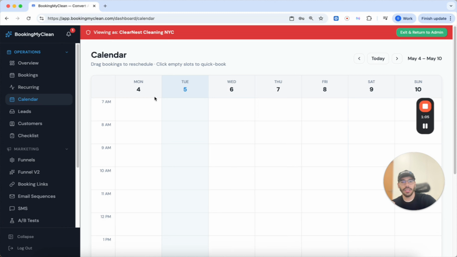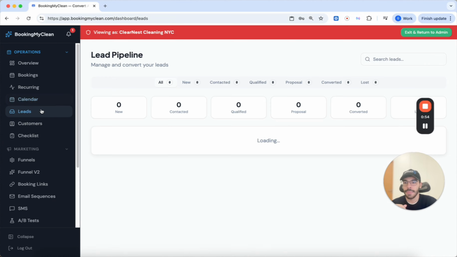When your cleaners have the cleaning, you can see basically your calendar here of cleanings you have to do, right? And your cleaners will have access to the calendar too, for their calendar actually, and they can see the cleanings they have. Now you can see the leads,